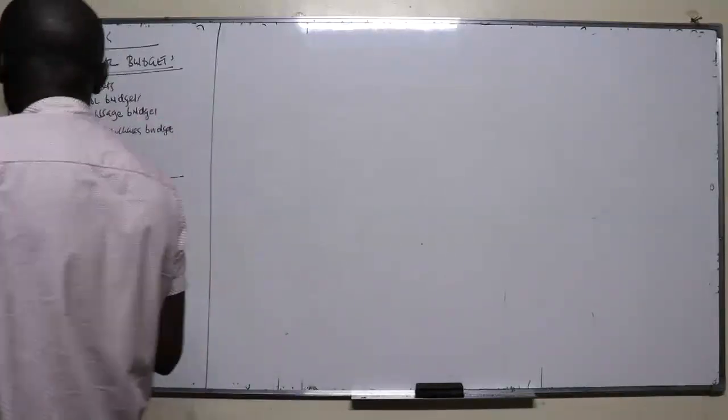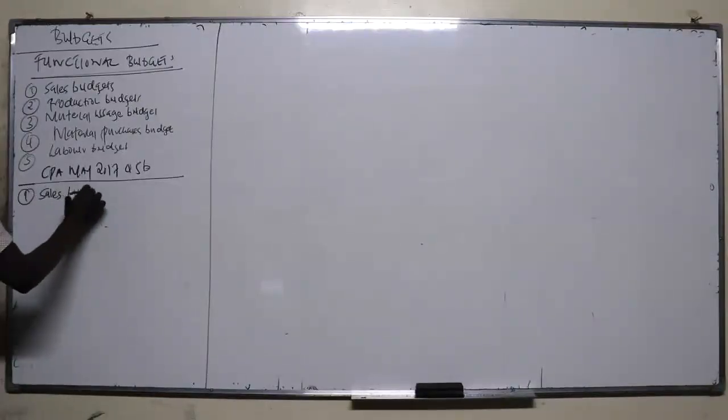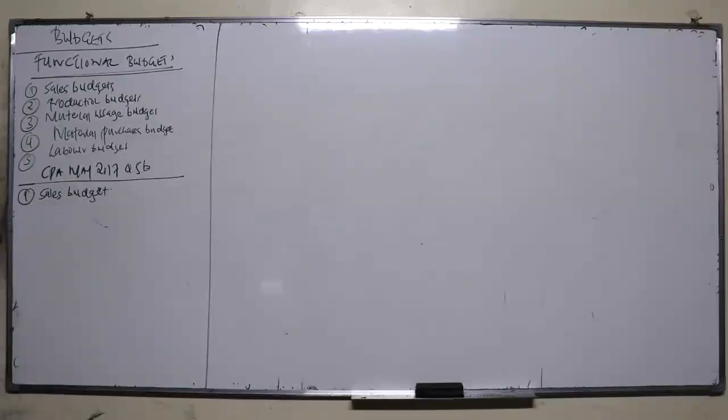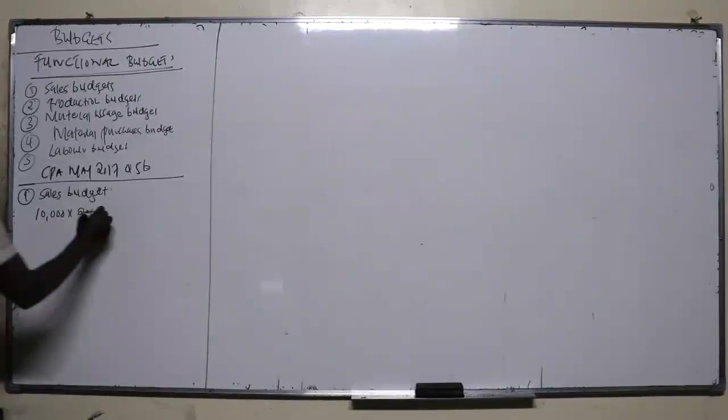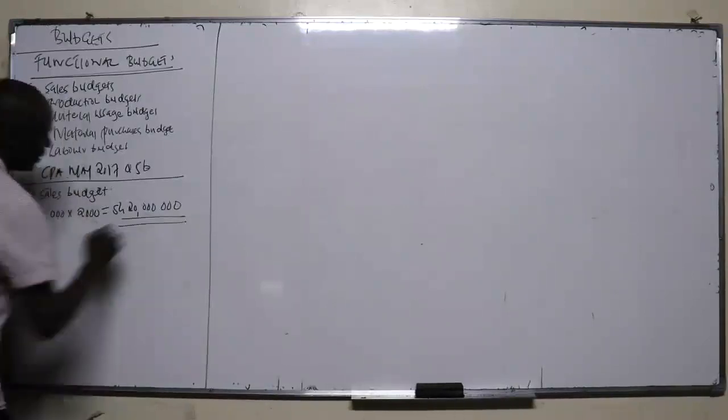So this is a very good question. The first one, they want us to make what we call the sales budget. How do you make the sales budget? You take the units that you estimate to sell and multiply by the selling price per unit. They are producing only one single product called PQ, and according to the first statement, they estimate to sell 10,000 units during that month. So we take 10,000 units, and each unit is going to be sold at 2,000. So the sales budget will be 20 million. So that is the sales budget.